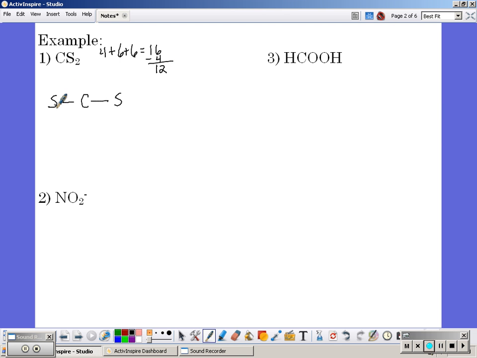We're going to satisfy the octet for the sulfurs. So that uses up the rest of the 12. So I have no more electrons to be used. But carbon's octet rule has not been satisfied. So what I can do is I can take one of my,